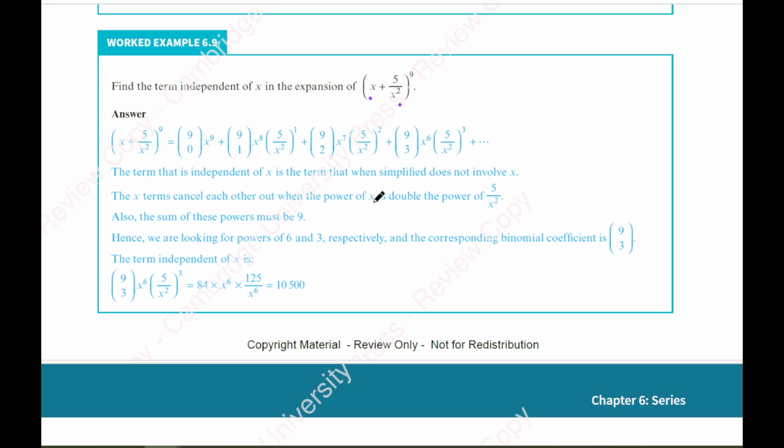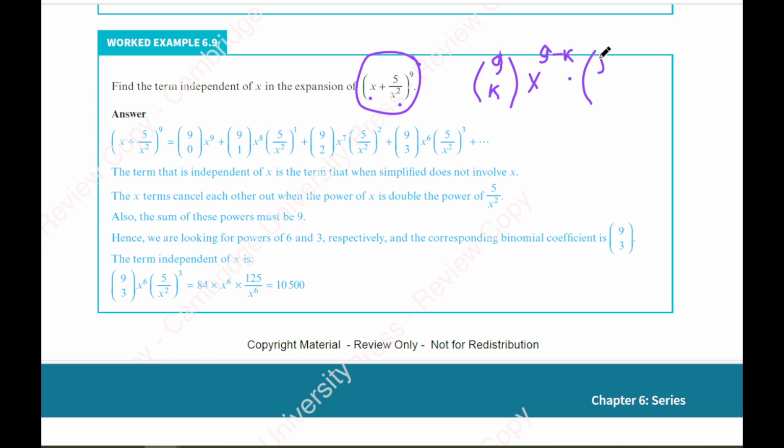That happens when the power of x is double the power of the other one. If you expand this, you will have 9 over k, and here x to the power of 9 minus k, and here you multiply it